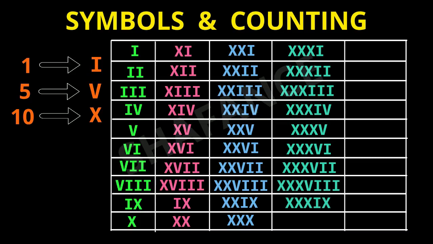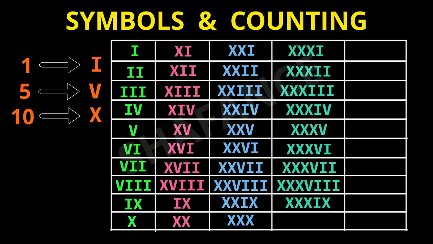Now for 40, we have to be careful. Till 39 we can see that none of these symbols have occurred more than thrice in a continuous way. Like for 39 we have X, X, X, then 1X. So X has not occurred more than thrice, or we can say 4 X's have not been written together. So we don't write a symbol more than thrice together. So now we cannot write 4 X's together for 40.